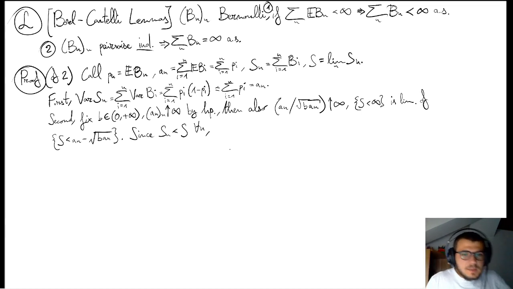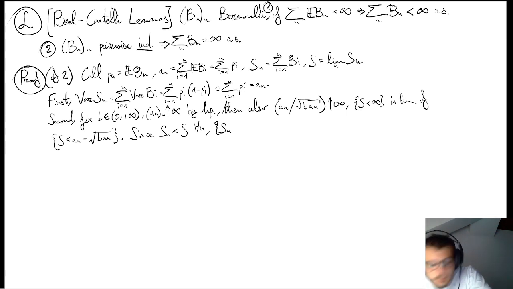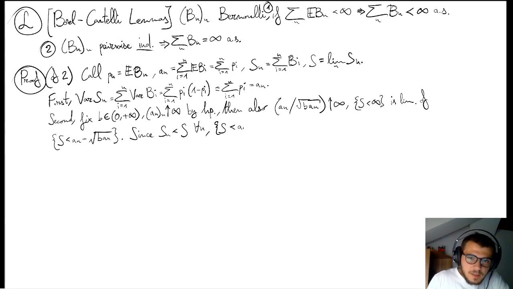Since Sn is less than S, we have that the event S being less than An minus square root of B times An